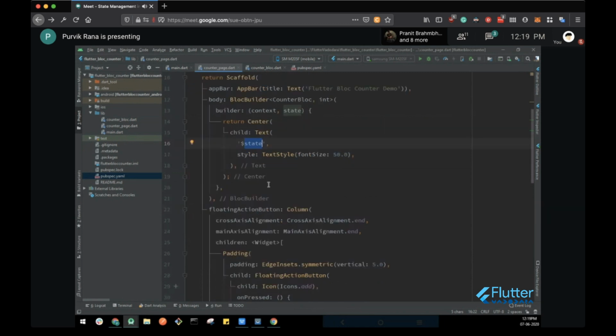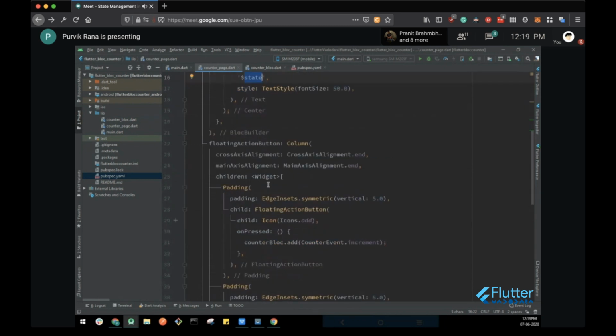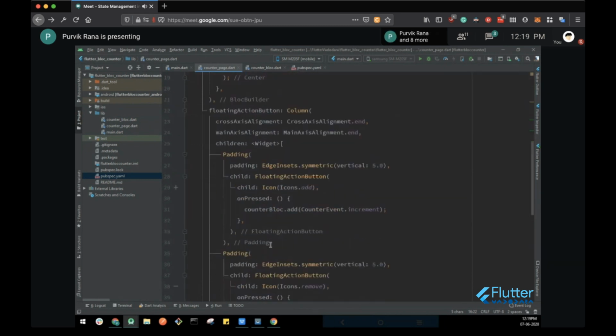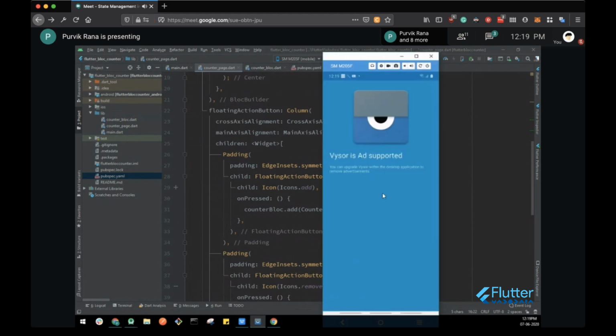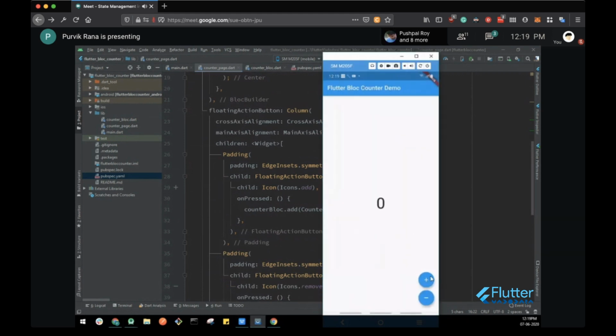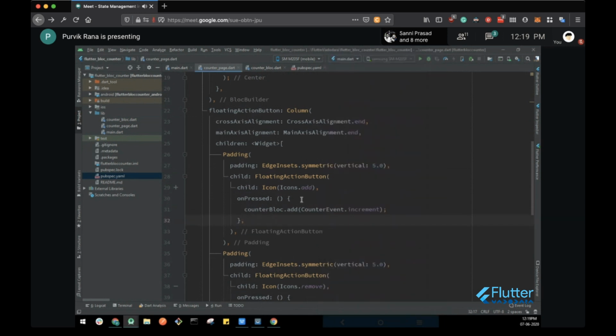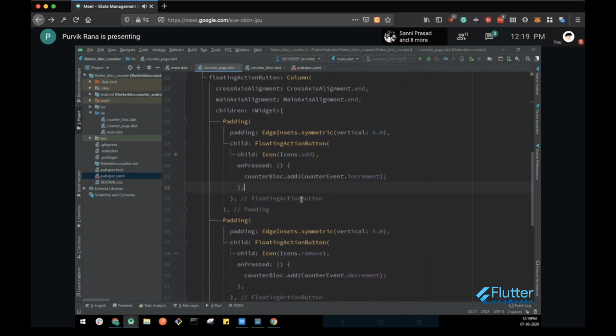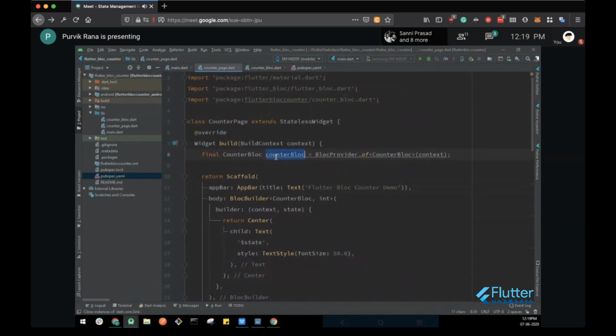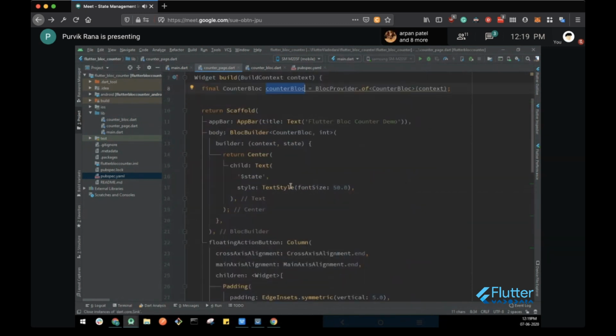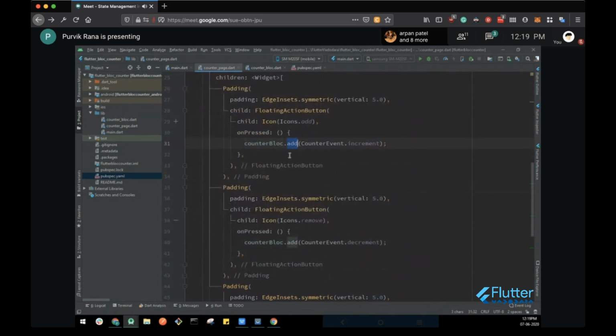And let's see how we can add the different events. We have the two floating action buttons over there, plus and minus. On the onPressed method, we can add the different events. We have the local instance, the counter block local instance. We can add the event by using this syntax, counterBloc dot add, and add will ask you for the event to pass to this particular method call.